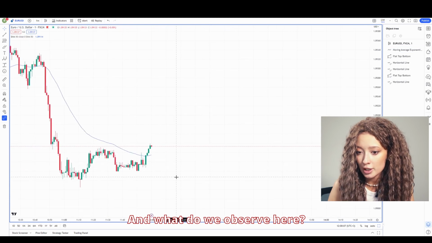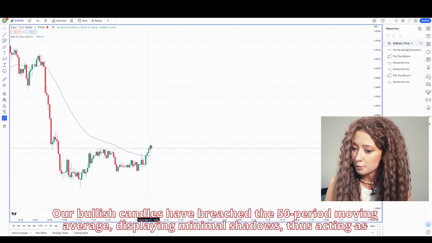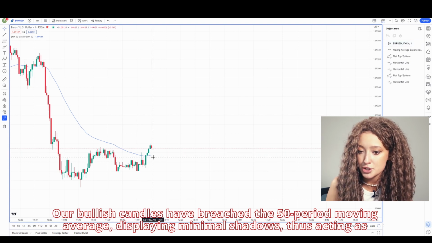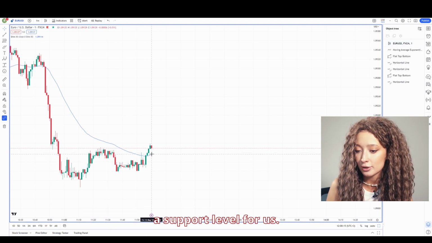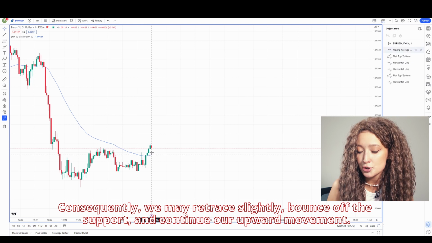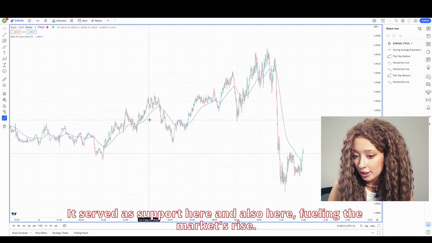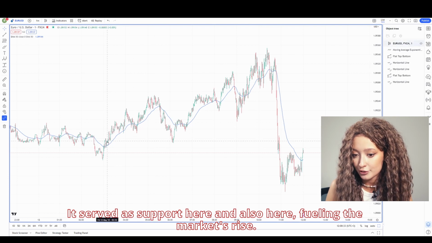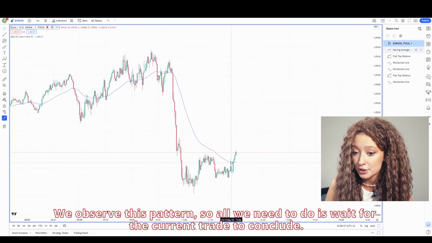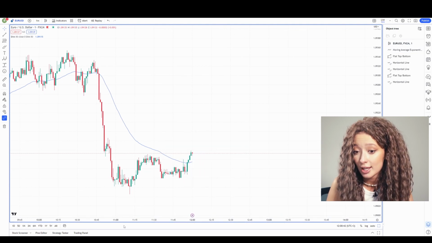And what do we observe here? Our bullish candles have reached the 50-period moving average, displaying minimum shadows, thus acting as a support level for us. Consequently, we may retrace slightly, bounce off the support and continue our uptrend movement, so we can see that. It served as support here and also here, fueling the market rise. We observe this pattern, so all we need to do is wait for the current trade to conclude and secure